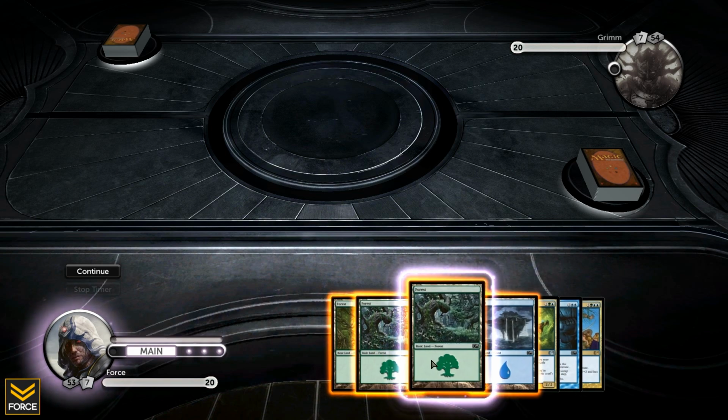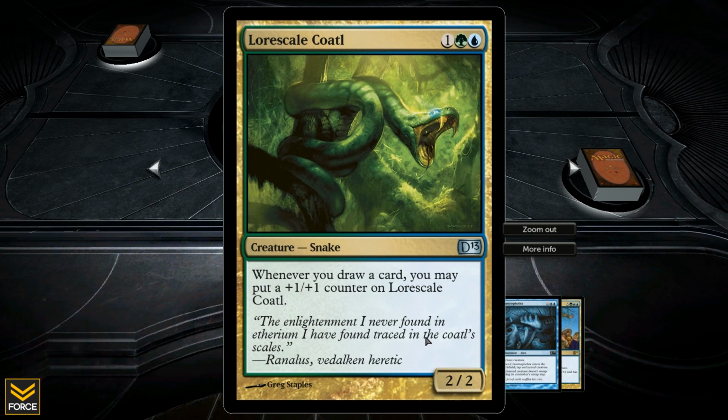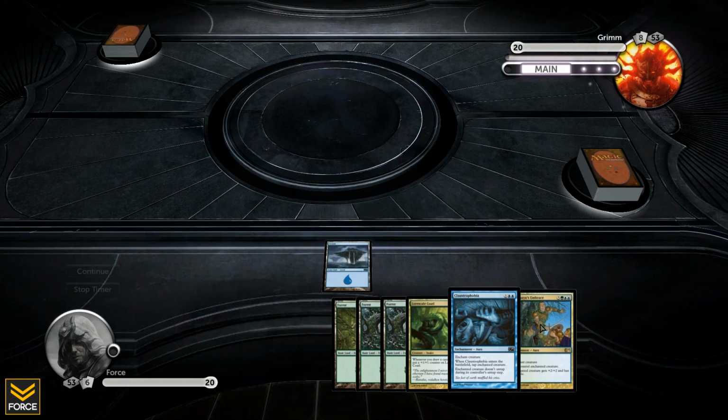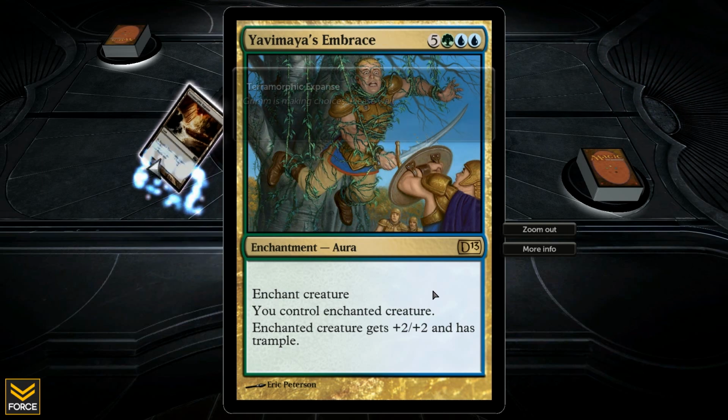Let's start off here with this bad boy. I have this guy right here, 2/2. Whenever I draw a card, he gets a 1/1 counter. You can imagine, that gets pretty big pretty quick. Then I have my Claustrophobia. Tap creature, it doesn't untap. And then this thing, which costs 1,000,000,